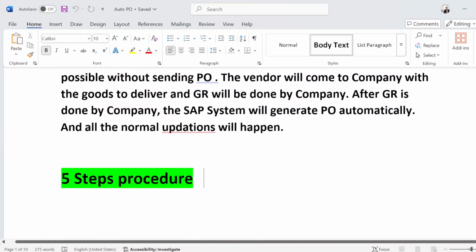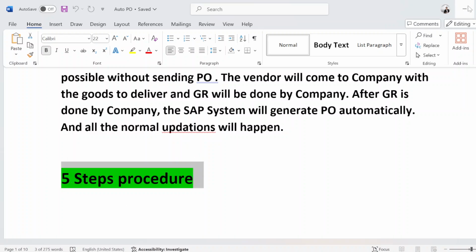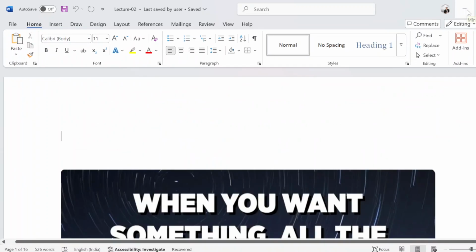So it's a five-step procedure. I made an algorithm for the five steps. Let me show you. Let me open Notepad.